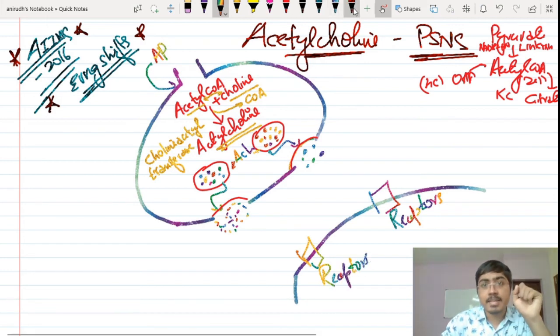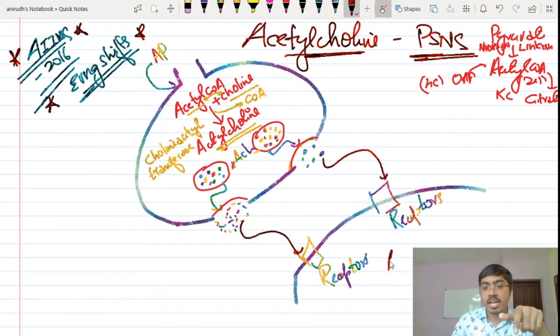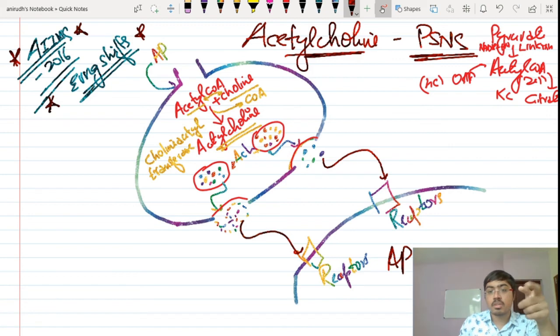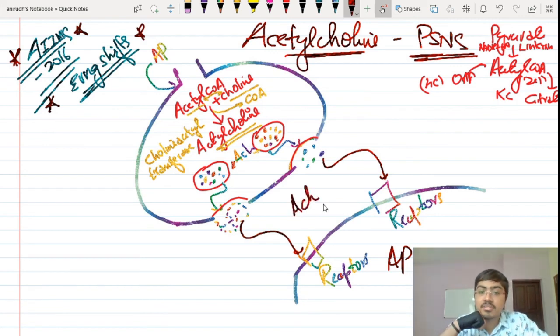Okay. Now what happens is, these acetylcholine molecules will be binding over here, and that leads to an action potential in the neuron that is coming after that. Now, for how much time can I make my acetylcholine remain in the synaptic cleft? I can't let this stand within the synaptic cleft for a long time. This is not possible. If I keep on having this acetylcholine over here, it will keep on binding onto the receptors, and your heart rate will again go on decreasing.